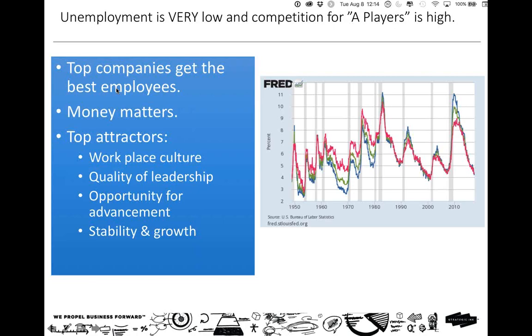Opportunity for advancement is a real goal. People don't want to sit, at least A players and high performers, don't want to sit in the same job for 5 or 6 years. They want to move, they want to progress, they want to move along in not just the money tree. They want to move along in their career tree,